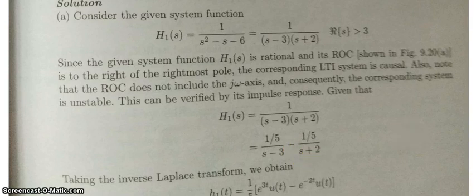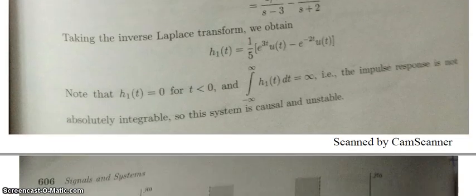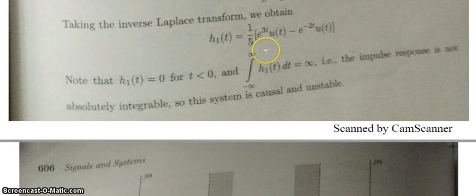Now when we take the inverse Laplace transform, since it is a causal signal, both the terms are right-sided sequences. So h1(t) is 1/5 (e^(3t) u(t) minus e^(-2t) u(t)). And note that h1(t) is 0 for t less than 0, and